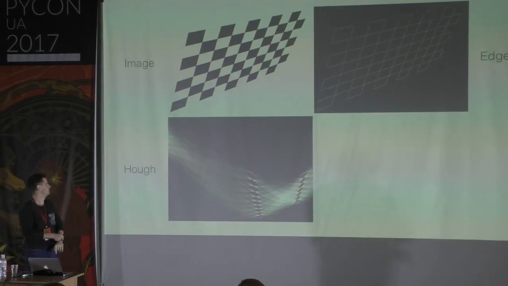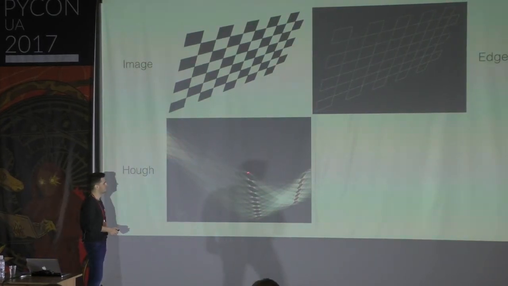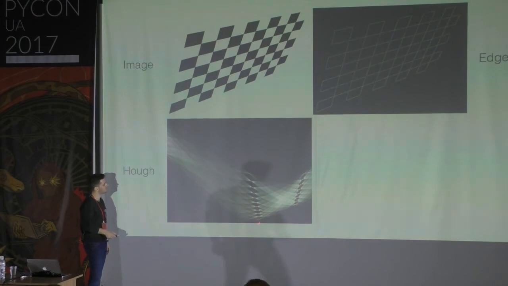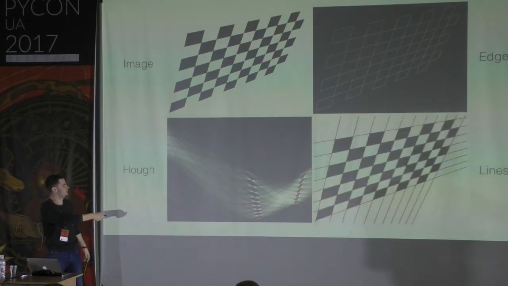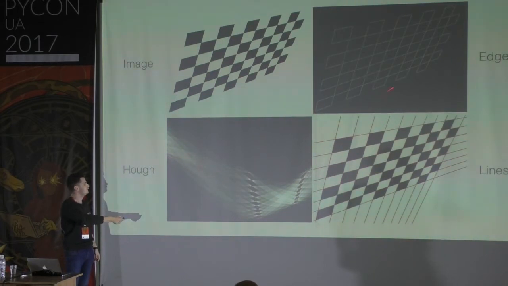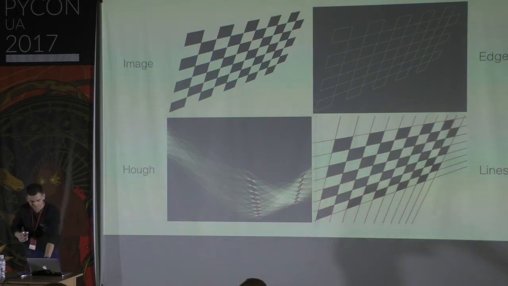That's due to the polar representation. But the idea is completely the same. We try to find points of strong intersections, and then we extract lines and project them back to the original image. And we have all these nice lines fit to the chalkboard. And we can now use it to calibrate cameras and for lots of stuff. Okay, so we are done with lines and edges.